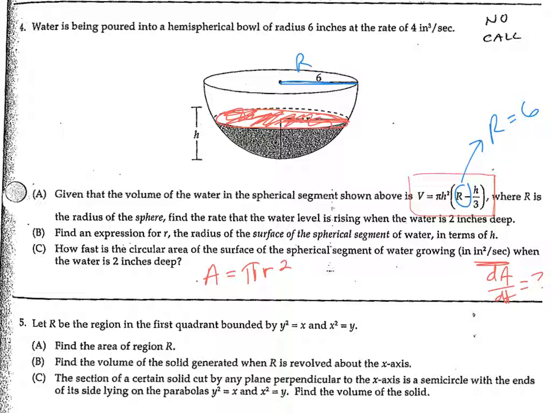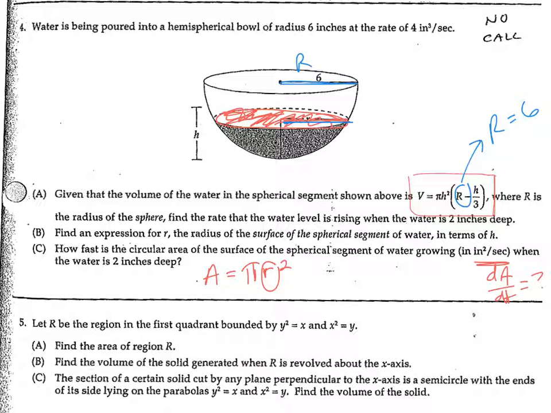If you take a look at the right-hand side and just imagine taking the derivative there, you're going to end up with a dr/dt. Pi is a constant multiple, but r is a variable. This little r is not my 6. That little r is that radius that's changing that we talked about. So that's where we need to do some work to substitute. We basically need to get rid of this r and replace it with an expression that's equal to the changing radius,